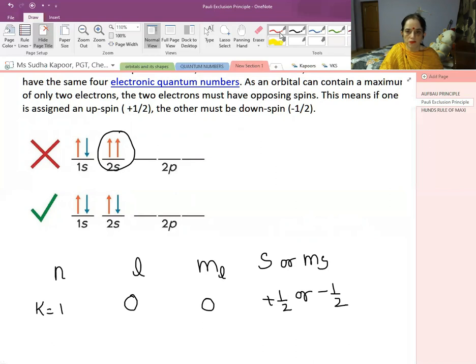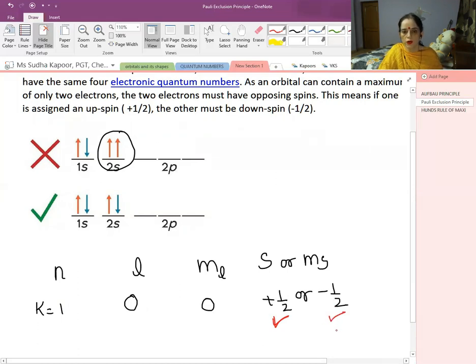So students, you can see that the electron with plus half, in the clockwise rotation, has n, l, ml as 1, 0 and 0. And the other, represented by minus half or anticlockwise, also has n, l, ml as 1, 0, 0. So both electrons are present in the same orbital and the same shell, both have n, l and ml the same, but the fourth quantum number is different. So the statement that no 2 electrons can have all the same 4 quantum numbers is totally justified.